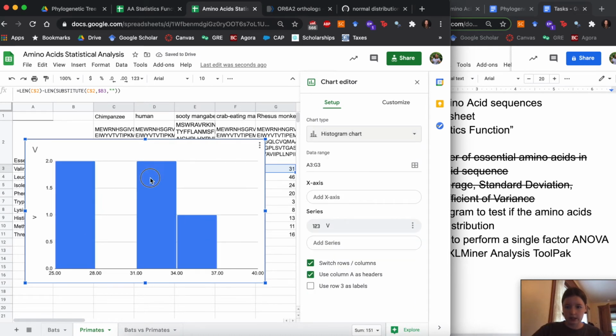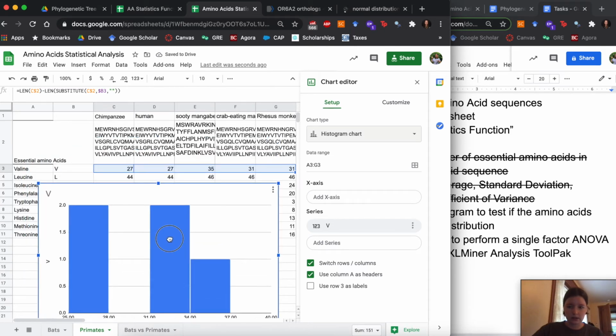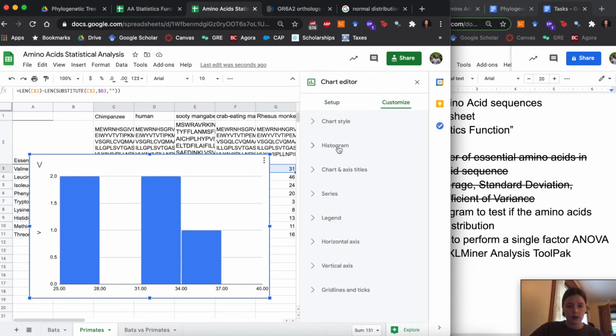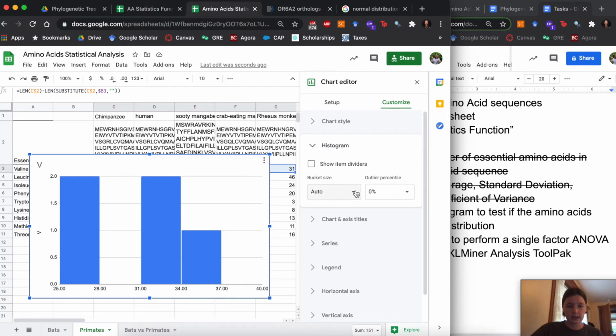Now, in order to change what's called the buckets, or the amount of what's included for each column, for example, it's showing that 2 sequences are between 25 and 28, but to make it so that each individual number is represented on this histogram, we can go to Customize, Histogram, Bucket Size, and we can change the number of buckets. So if we go to 1,